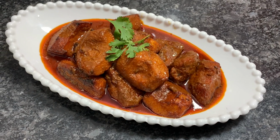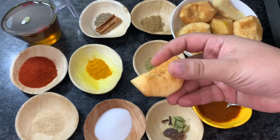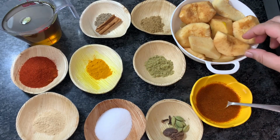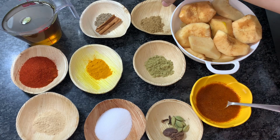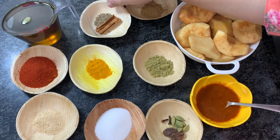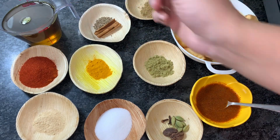For making this dish, I have taken around 750 grams of Quince apple that I have sliced into 4. We have to peel it and slice into 4. 1 teaspoon of coriander powder, 1 teaspoon of cumin seeds, 1 cinnamon, oil around 1 cup that we'll be using